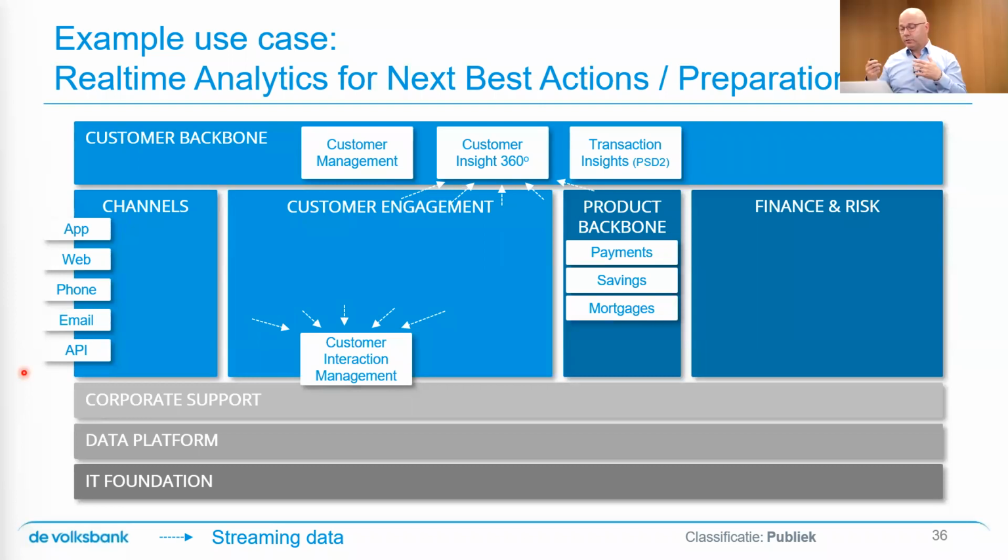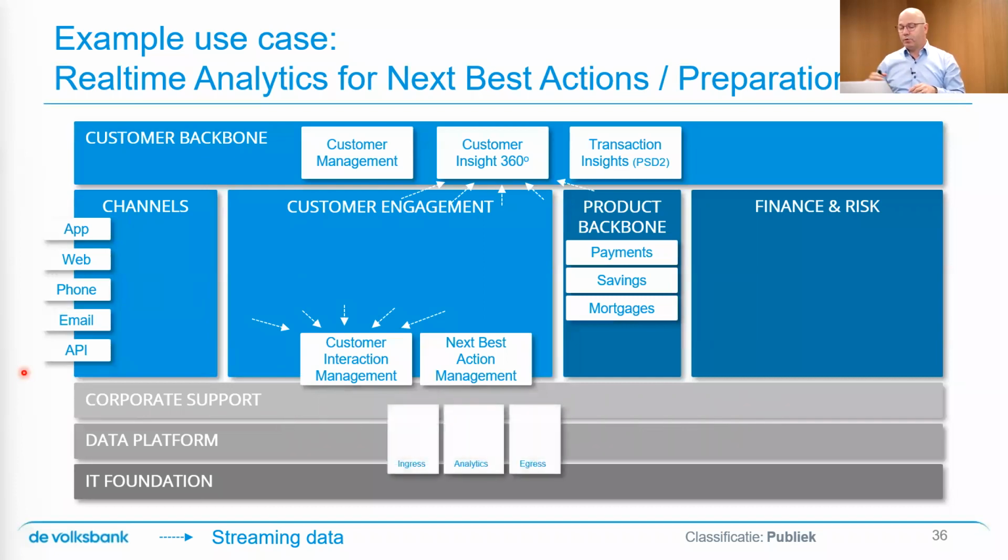Now, in order to make those decisions, decide which are the next best actions, we need to make sure that that system or that suite of systems obtains its information ready-made. So we need analytics in place. So the idea is that the whole landscape feeds the analytics plane, the data platform here in this picture, with event streams. And we have that three-stage approach, theoretically here: ingress, analytics, and egress, in our data and analytics platform. And we use that to aggregate and make decisions and figure out what's the next best action.